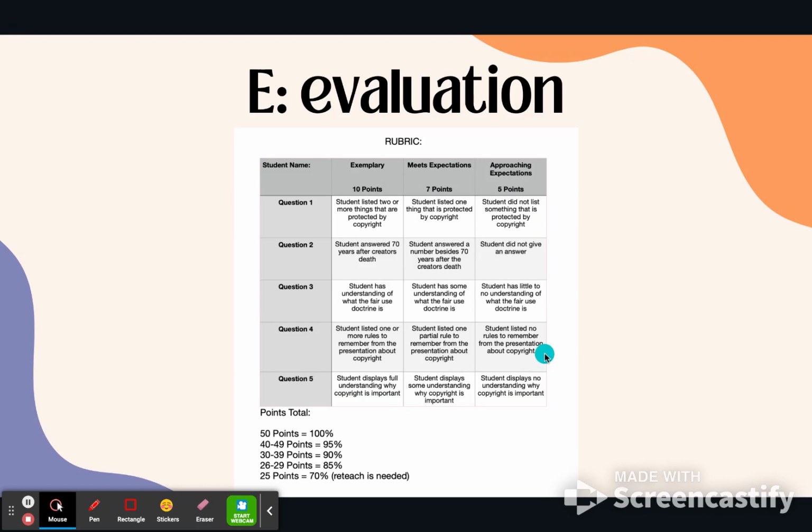And finally, question 5, to get all 10 points, the student displays full understanding why copyright is important. To get 7, they're meeting expectation, they display some understanding. And to get approaching, they display no understanding why copyright is important. Again, here are the 5